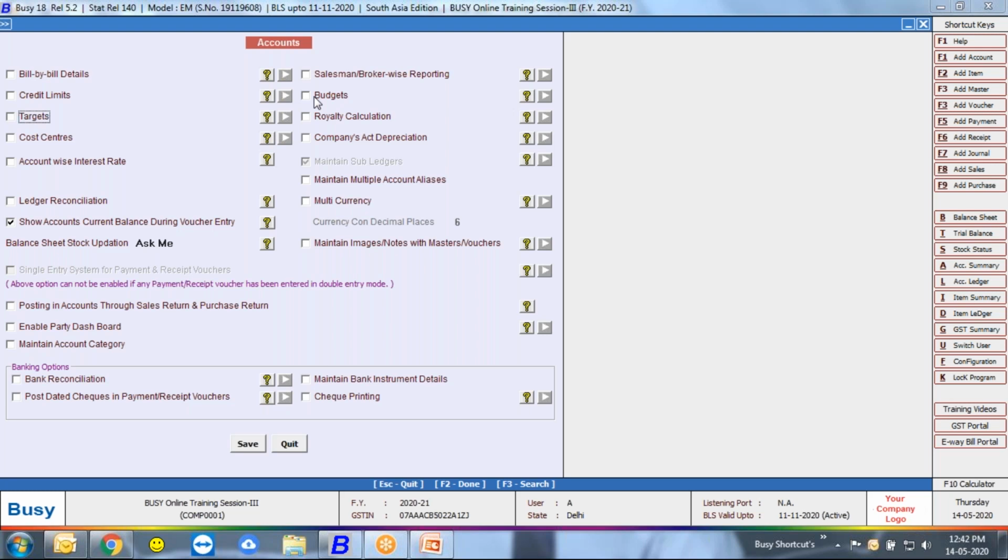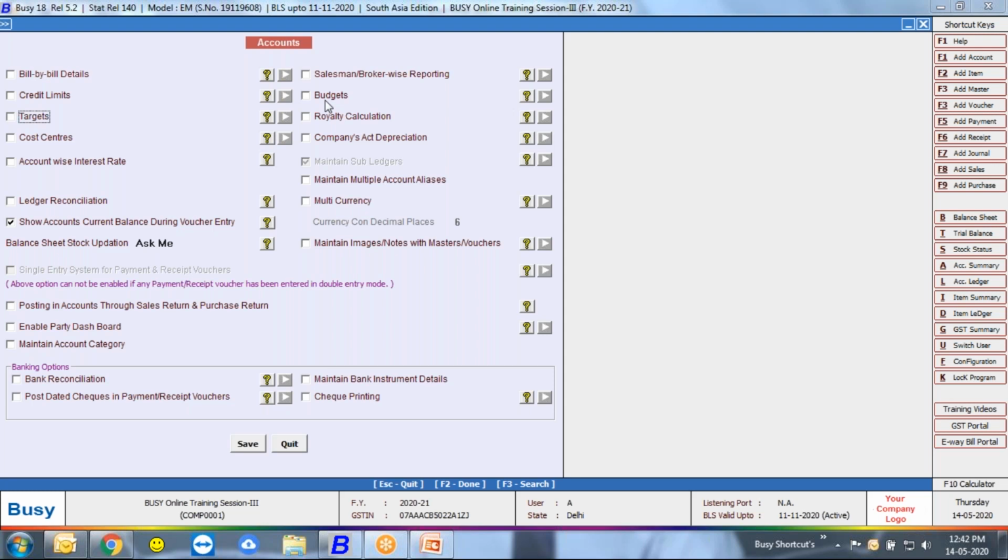Say we are an organization and in the last financial year we incurred 1 lakh rupees for electricity charges.